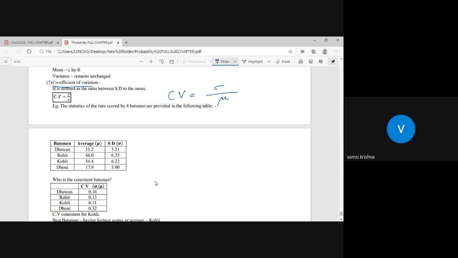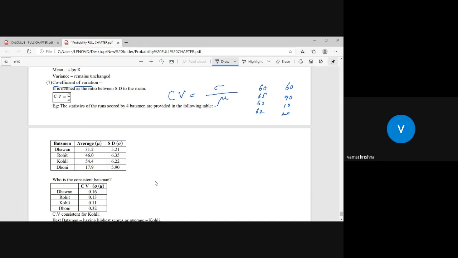In your examination, there is one student whose score is like this. He is getting marks like 60 in the first subject, 65 in the second subject, 63, 62. So he is a somewhat consistent student. Some other students got marks like 60 in one subject, 90 in another, 10, another 20. So a lot of variation is there. So the coefficient of variation should be less. That means deviation should be minimum.